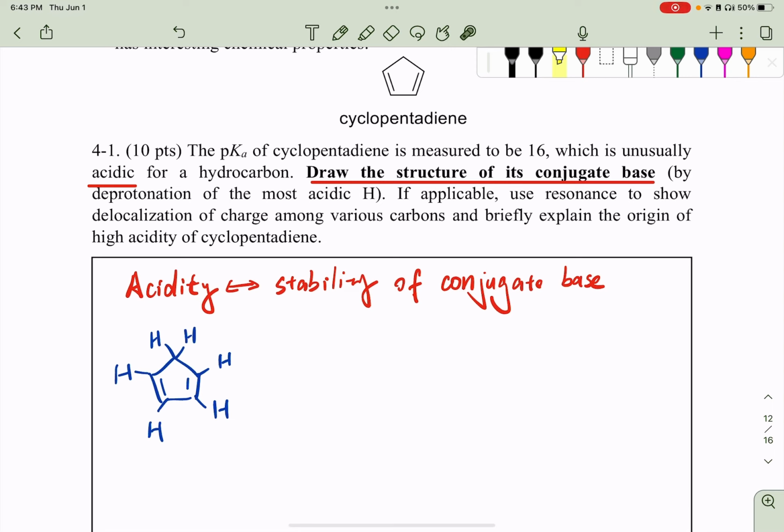In comparison, if you deprotonate any of these other hydrogens, you would end up with a negative charge on the alkene that cannot further delocalize. So let's first write out the dissociation of the most acidic hydrogen,